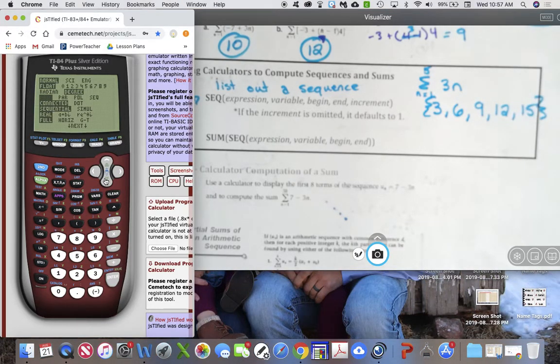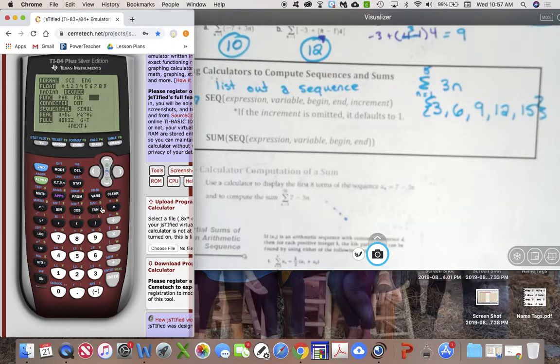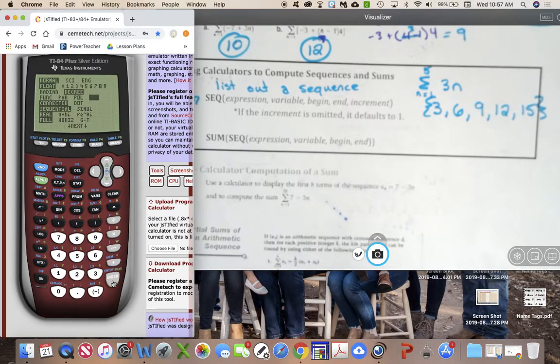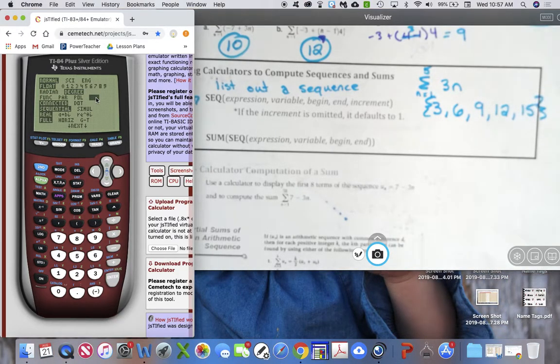What you need to do for what we're doing today is down here where it says function, you want to go over to sequence because we're working with sequences, not functions. So go over and click enter and it's going to turn the black onto sequence instead of function, yes? Okay, now,